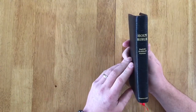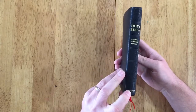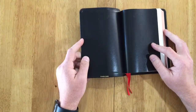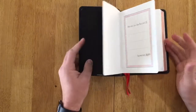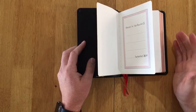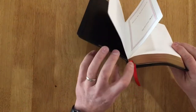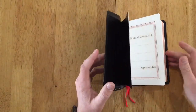On the spine you have Holy Bible, English Standard Version, and Cambridge. Nothing on the front of this Bible, nothing on the back. This is the goat skin leather. And all these pages are tabbed into the block, which makes them a little sturdier than your everyday ordinary $20 Bible. Sometimes this little section ends up ripping out and the Bible flaps open. I have two or three Bibles where this happened. You tape it, whatever you want to do. But